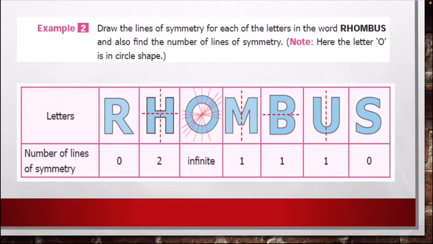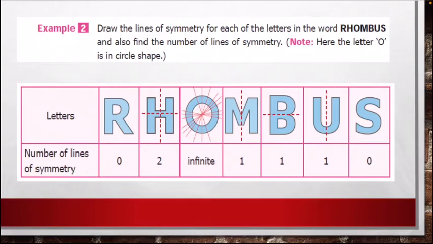Of course. If I cut it into a horizontal line of symmetry, am I getting both into equal halves? Yes. So how many lines of symmetry does it have? Of course 2. Students, when it comes to a circle, you can divide it along each and every radius into halves. So of course you have infinite